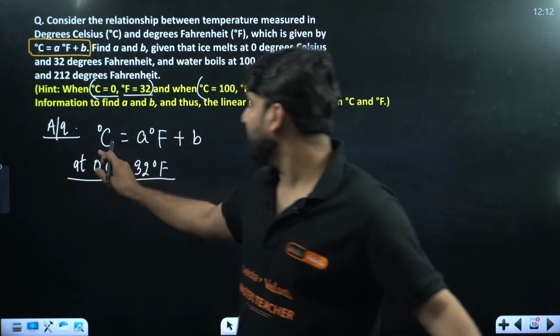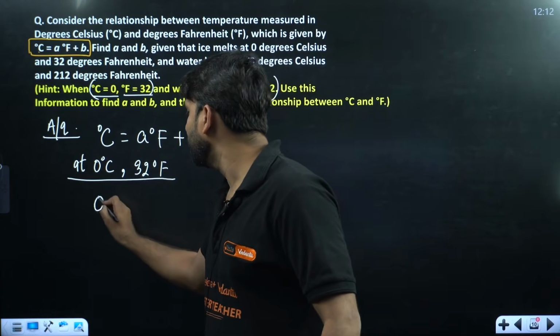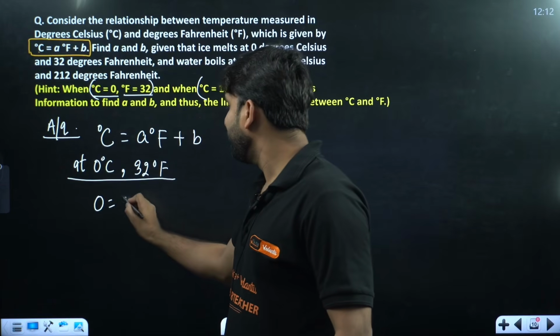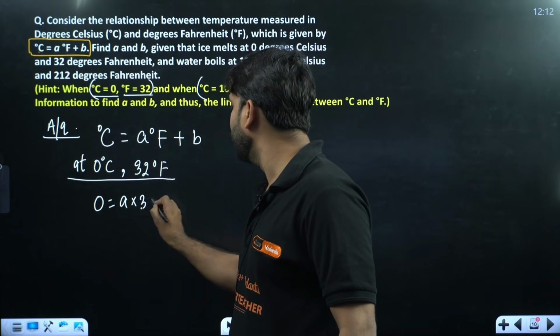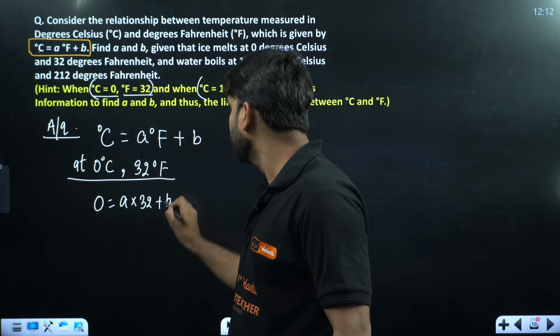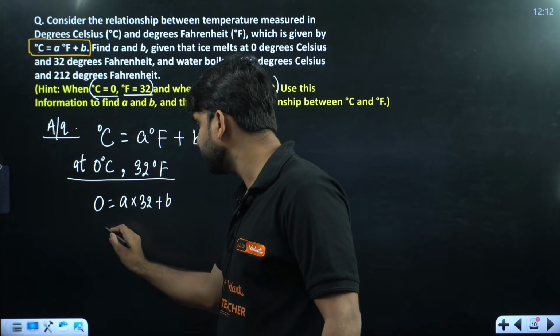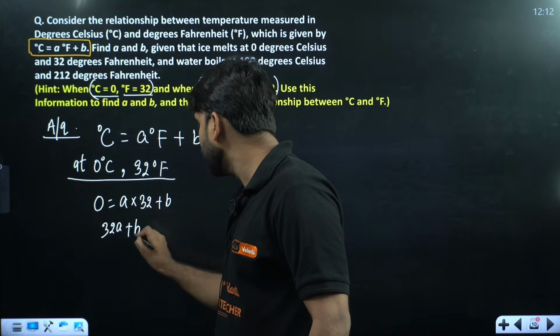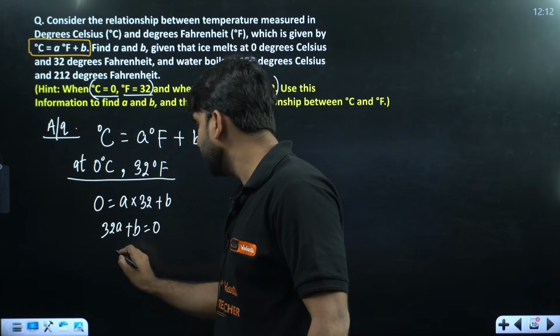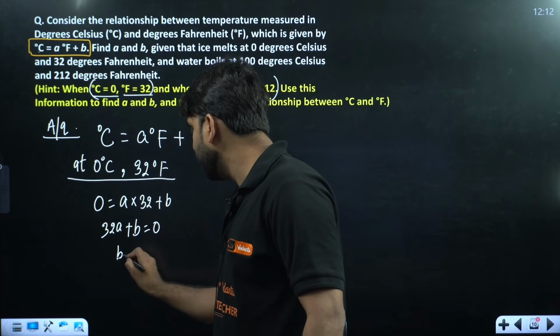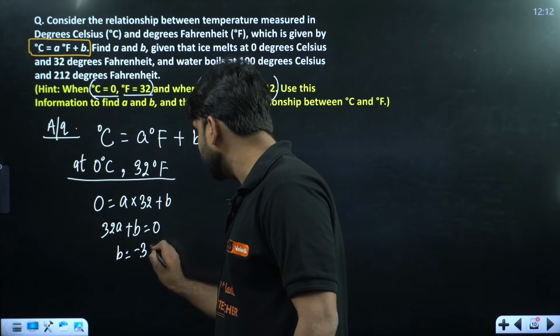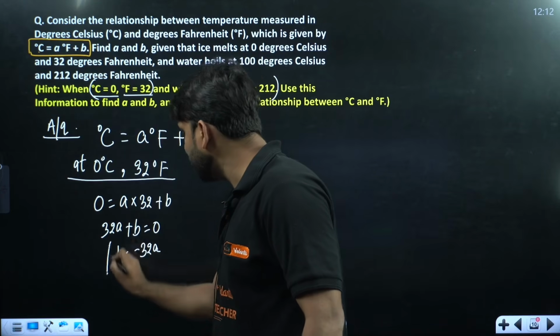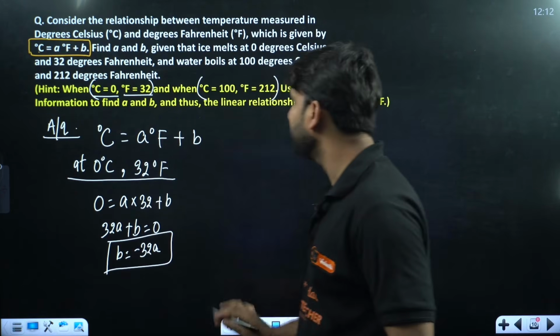So let's put the values here. If we put here 0, Fahrenheit will go 32, plus B. So we have the equation 32A plus B is equal to 0. We can also write this as B is equal to minus 32A. The first relationship between A and B is done. Now second,